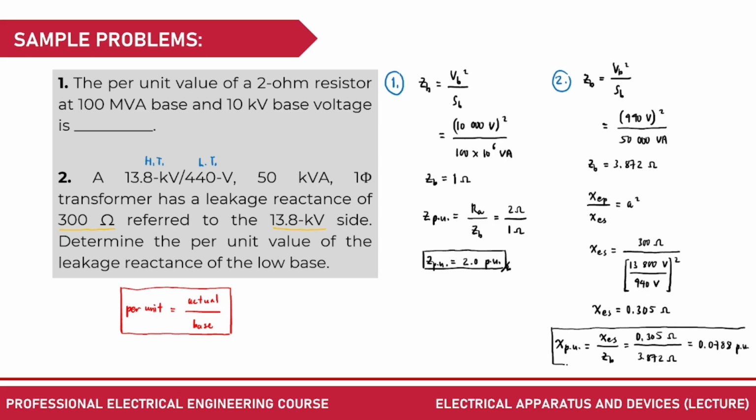You can express this one in terms of J when you're going to mix it up with resistance per unit. But if we're only pertaining with X, it can stand alone as that one. Usually in the board exam context, if X is only being asked here, there's no J. But I guess you already know that the reason why we have the J operator is to separate the real value and the imaginary value.